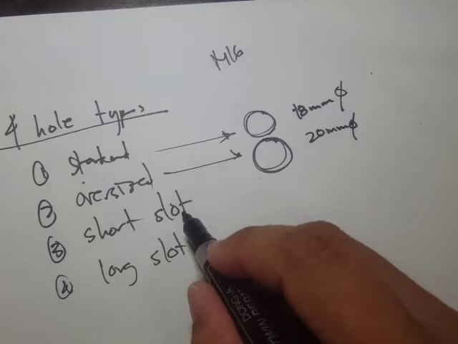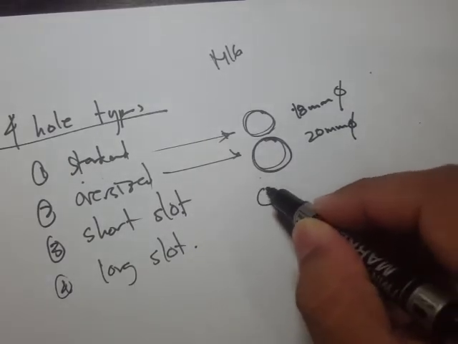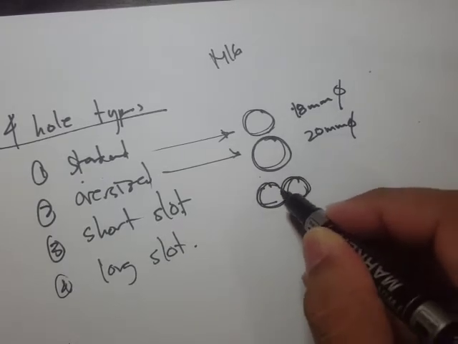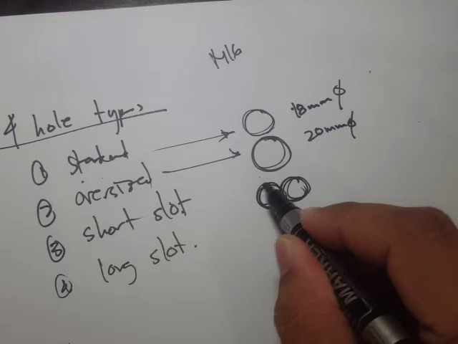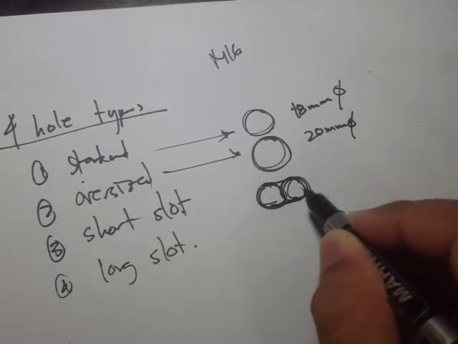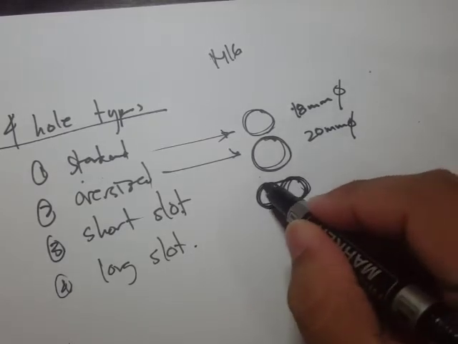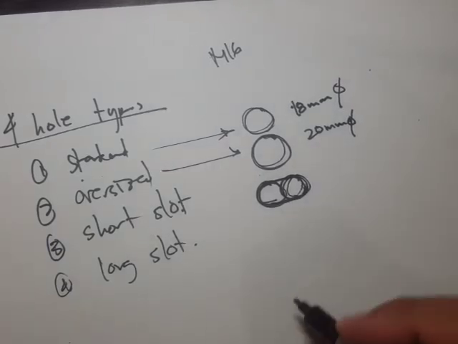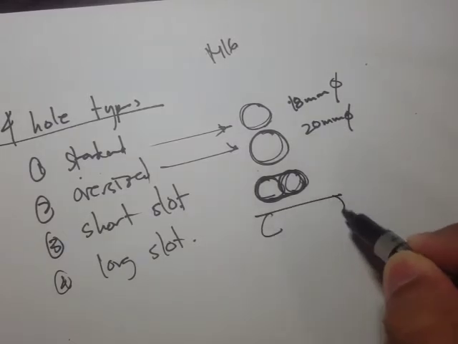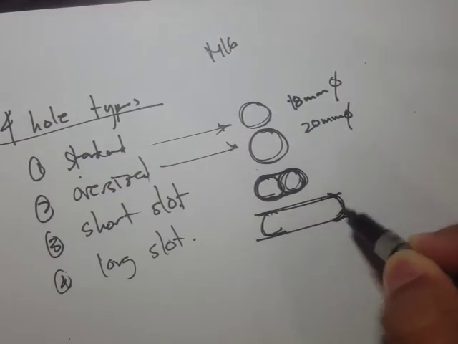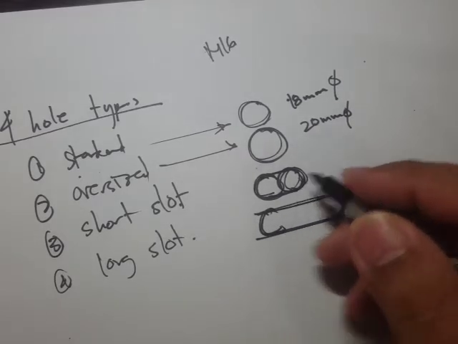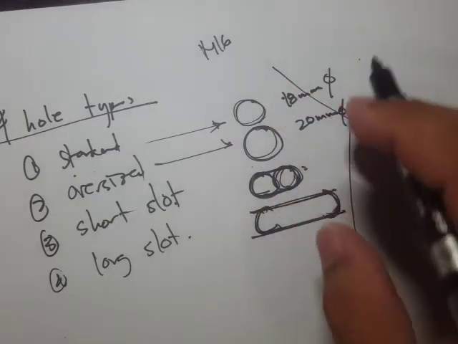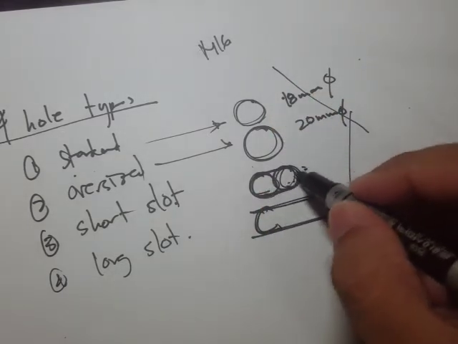For a short slot, when we say slot, it's actually two circular holes here, and it's just being converted to something like this, to this oval area. Now if we have a long slot, then it means that we have a longer length here. Okay, so the values of the diameter, or the distance, or the length, the width,